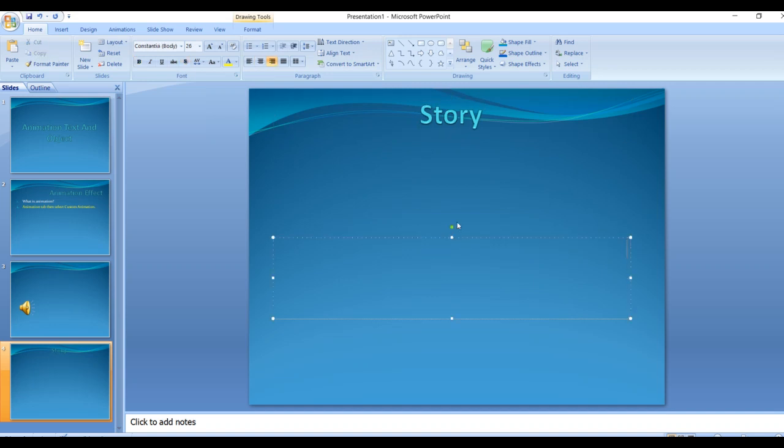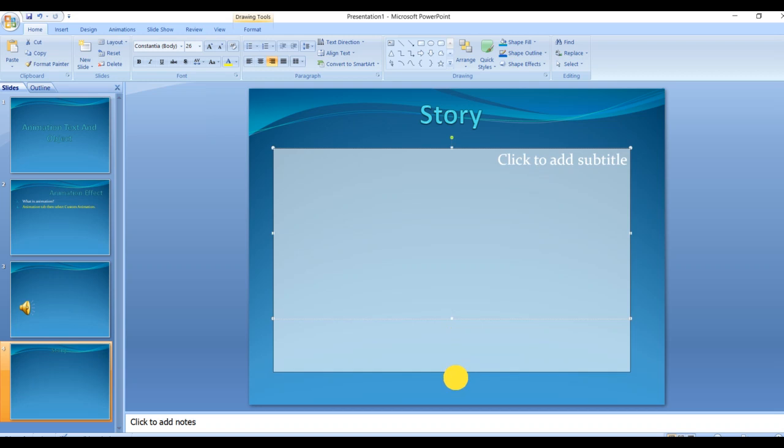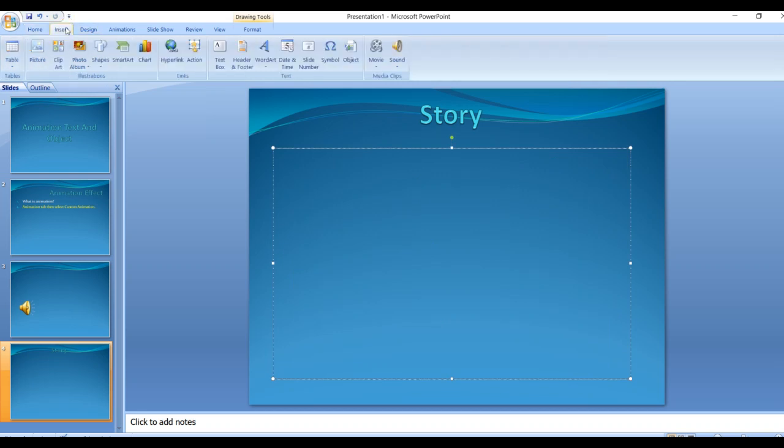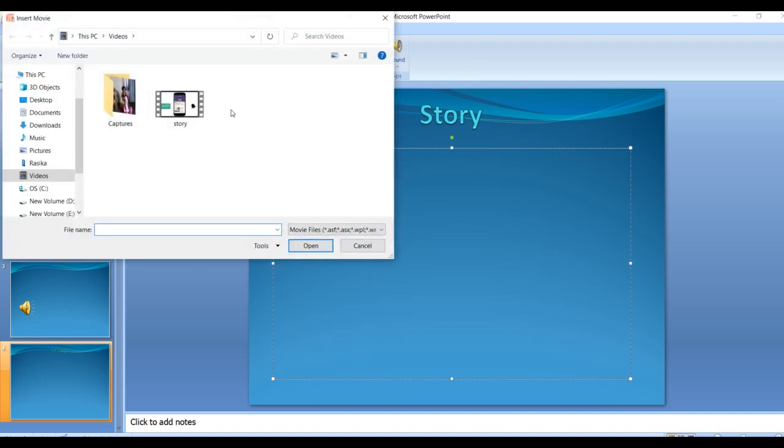So how to see that story? I want to insert a media to be played on my screen. Once I have selected this story, go to Insert, and go to Movie. From where do I want to add it? I want to add it from my file. So click on Movie from File.